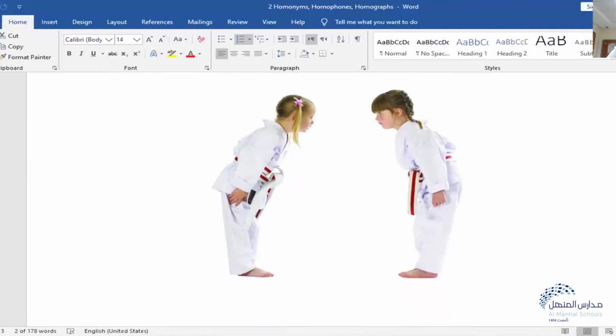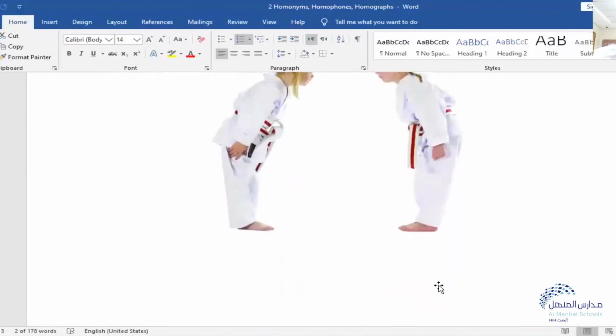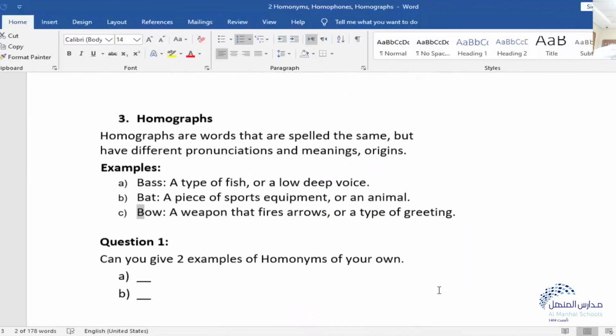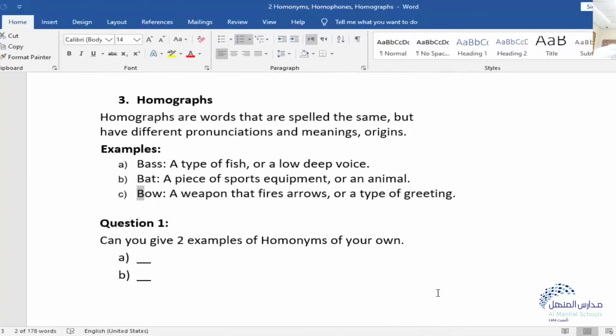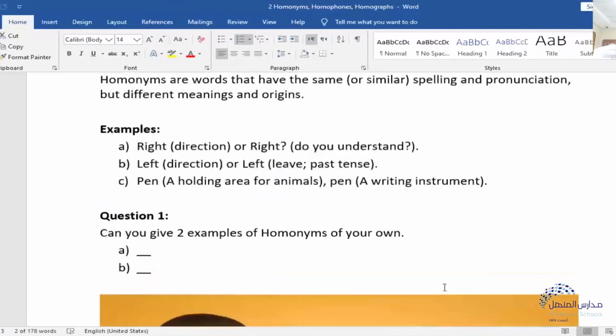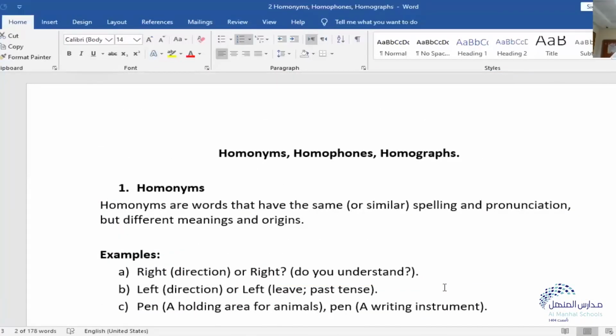Instead of shaking hands, they will adopt a simple bow, which is much healthier and more hygienic, I suppose. But yes, all right. So those are the three types of word types that I wanted to look at: homophones,